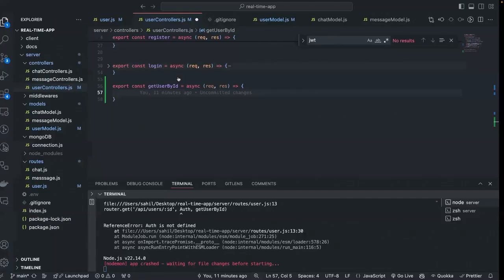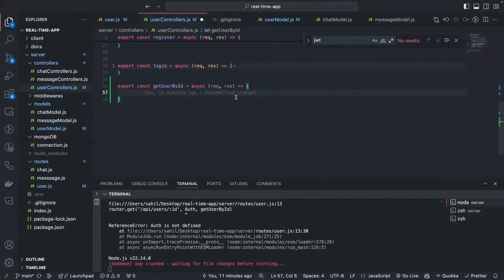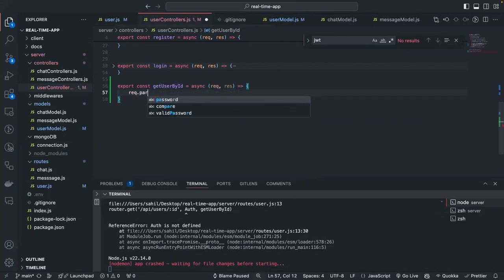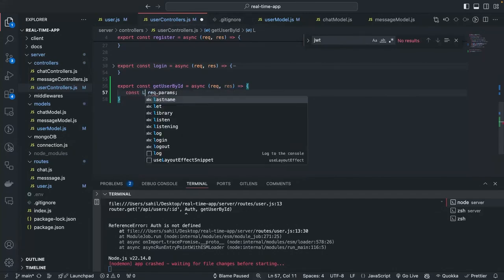So this logic is pretty simple. What we can do here is, the user will pass the ID not from the body, because this is a get request, right? So the user will pass it from the params. So just like we had request.body, we will have request.params, and from that we will extract the ID,